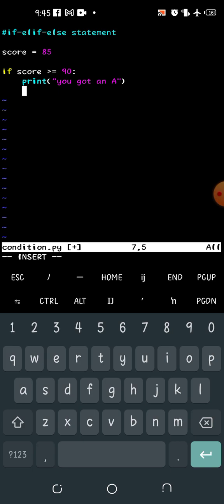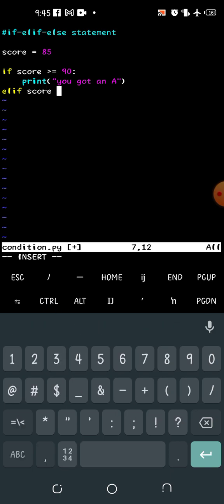Excuse me. Now hit on elif, space. elif is actually else if, but this is Python. Another programming language is called else if. Well, Python has its own way of doing things. So elif, if score is greater than